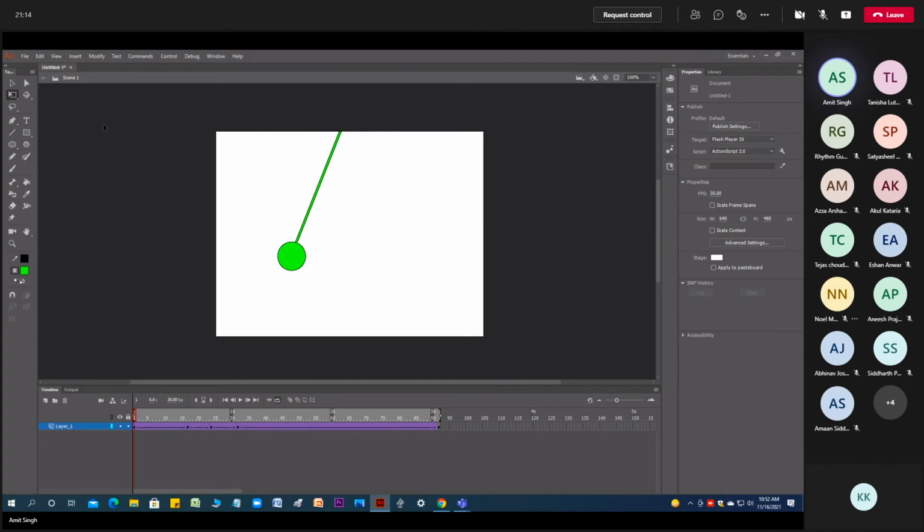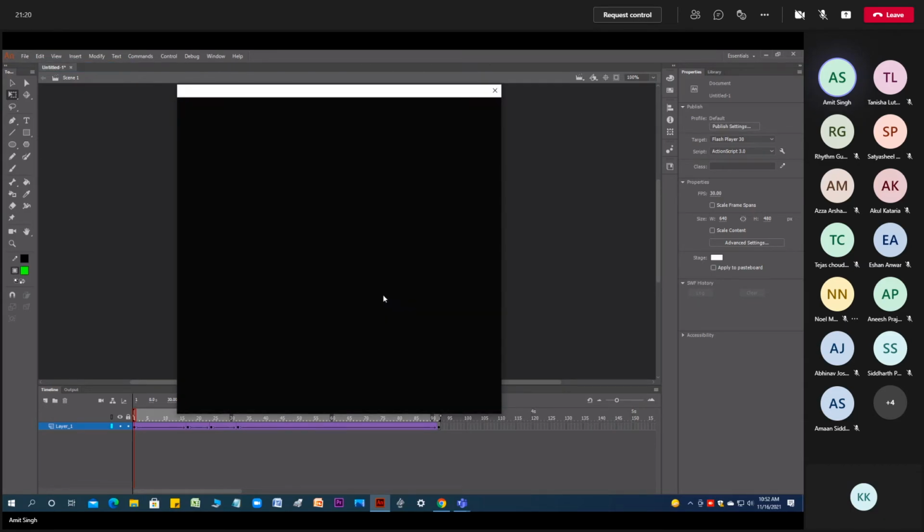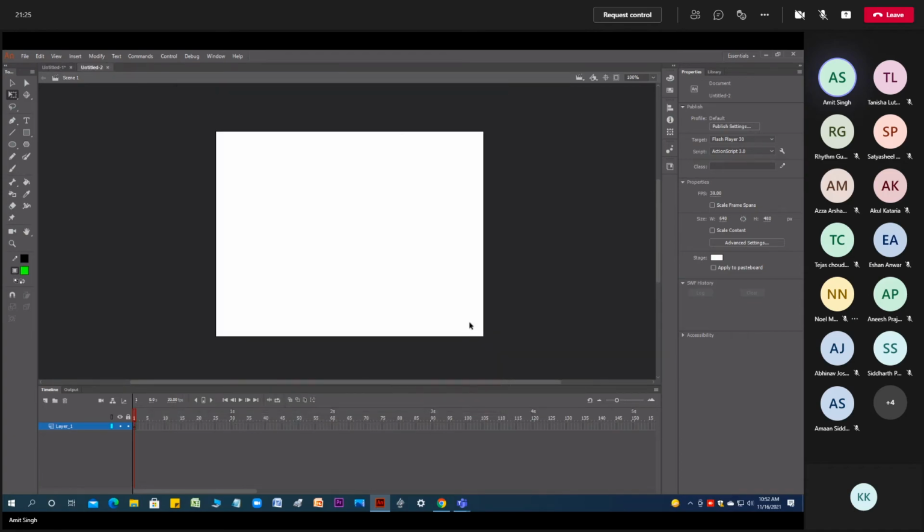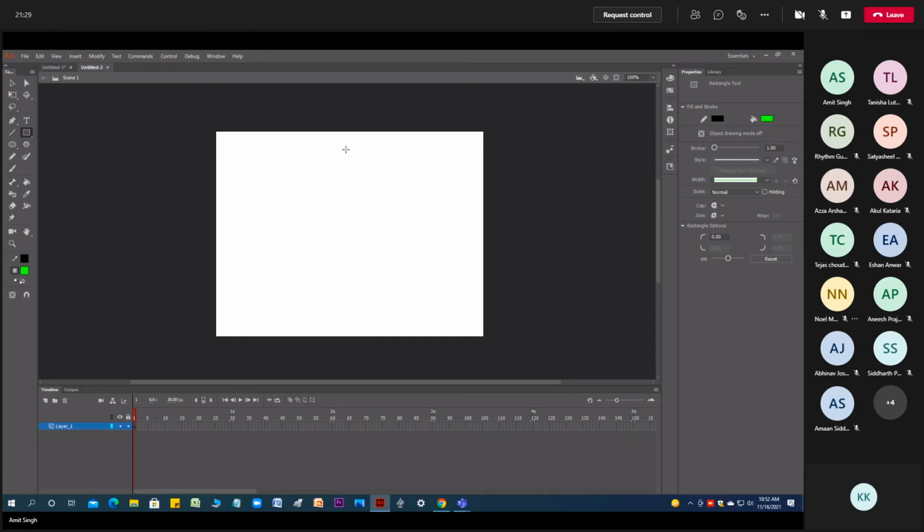So you have to use this one. Let me create another one. Hope you know how to create these shapes, square and circle.